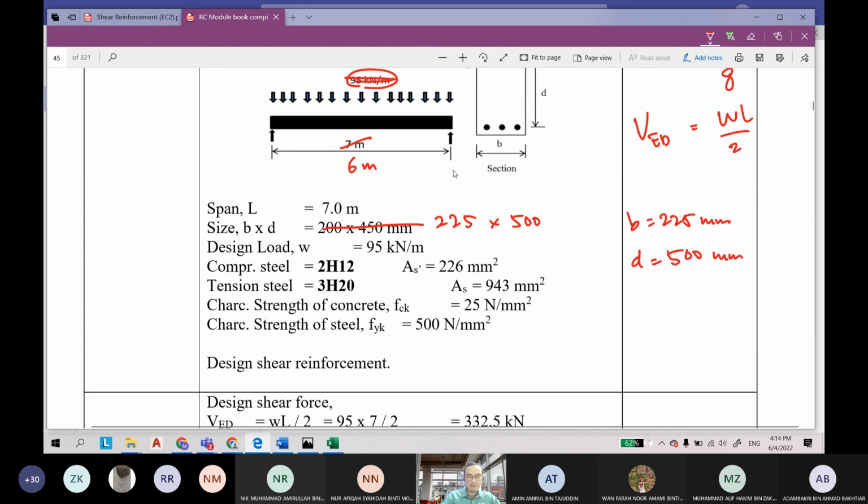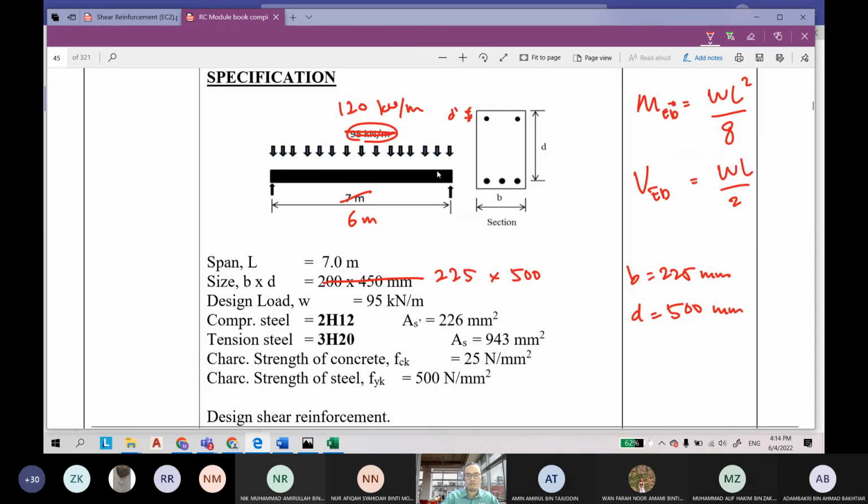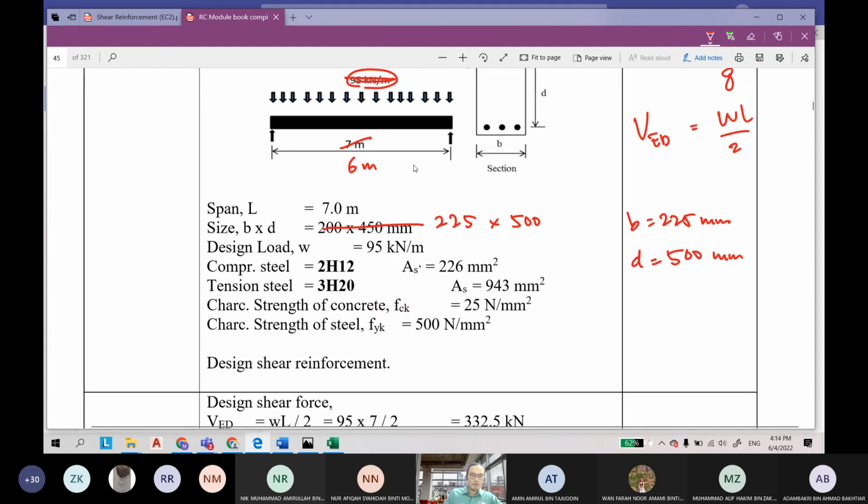But in real situations or real evaluations, you have to determine the value of D prime and D. Okay, the design load, the span is 6 meter now. The design load is 120 Newton per meter. And then, sorry, still for compression, now I use